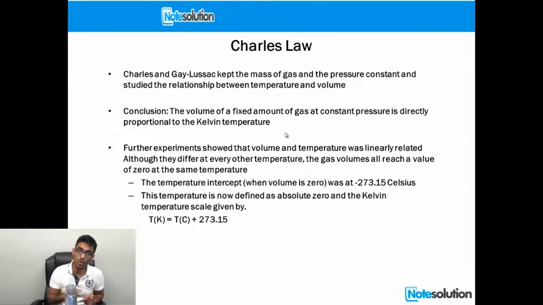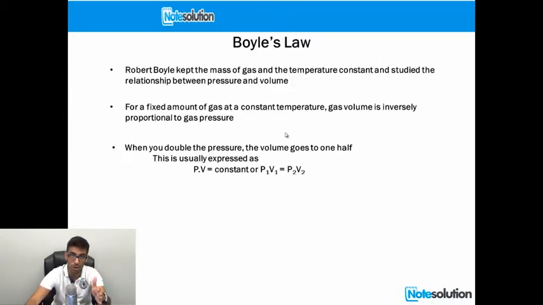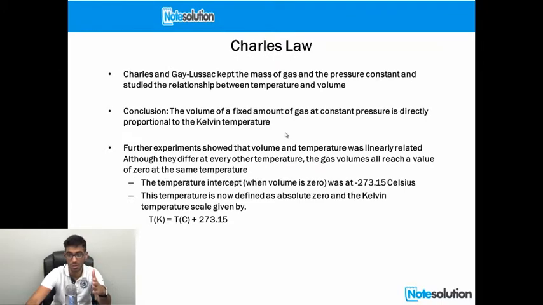So the two components that they kept constant were the mass and the pressure. Remember, Boyle kept the temperature constant. Now Charles kept the pressure constant. So they studied the relationship between temperature and volume. How does temperature relate to volume? The conclusion was that the volume of a fixed amount of gas at a constant pressure is directly proportional to